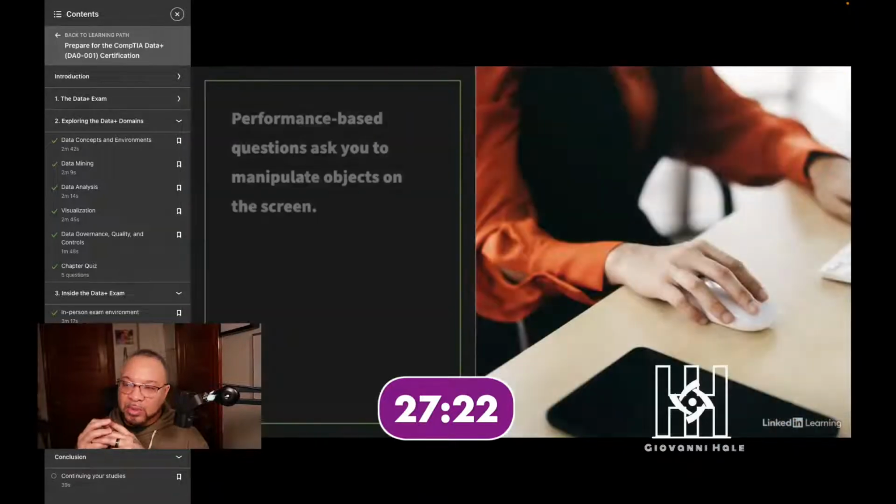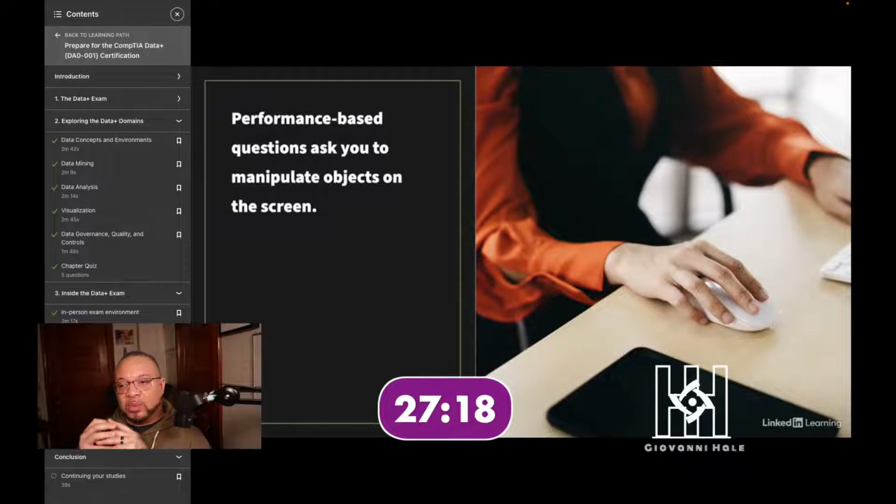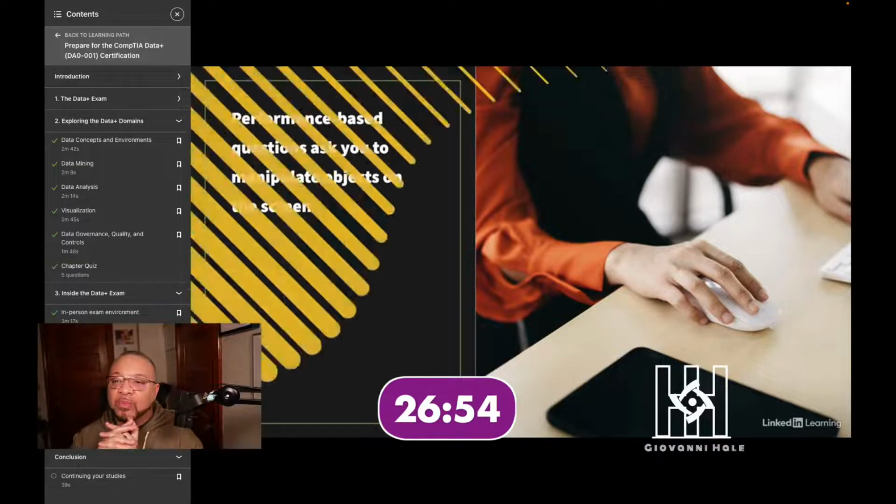The second type of question you'll face is the performance-based question. On some CompTIA exams, like the A+ exam, you might be asked to perform a task on a simulated computer system. Fortunately, the DataPlus exam doesn't currently include these tasks. Instead, you'll find questions where you're asked to drag items into the right order, sort things by category, indicate different components of a data analysis, or perform similar vendor-agnostic tasks.